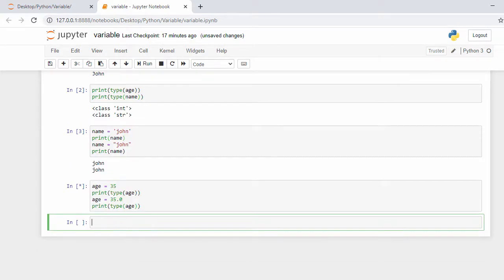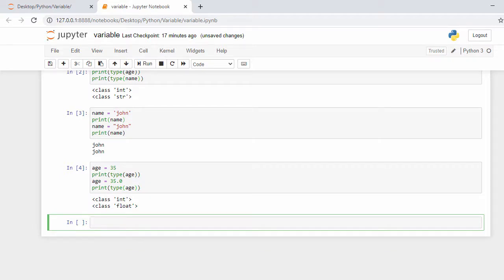If I execute this, the first data type is integer, the second is float, because we have given 35.0. So that's how Python automatically detects the data type of the variables.